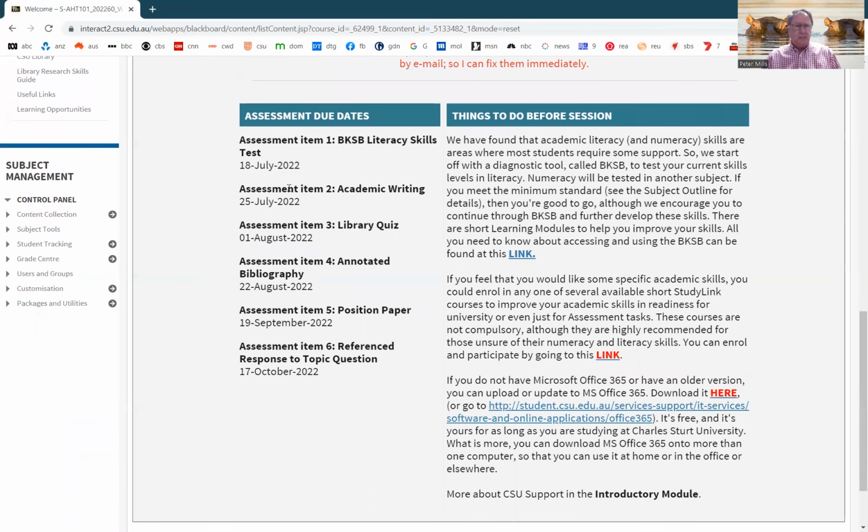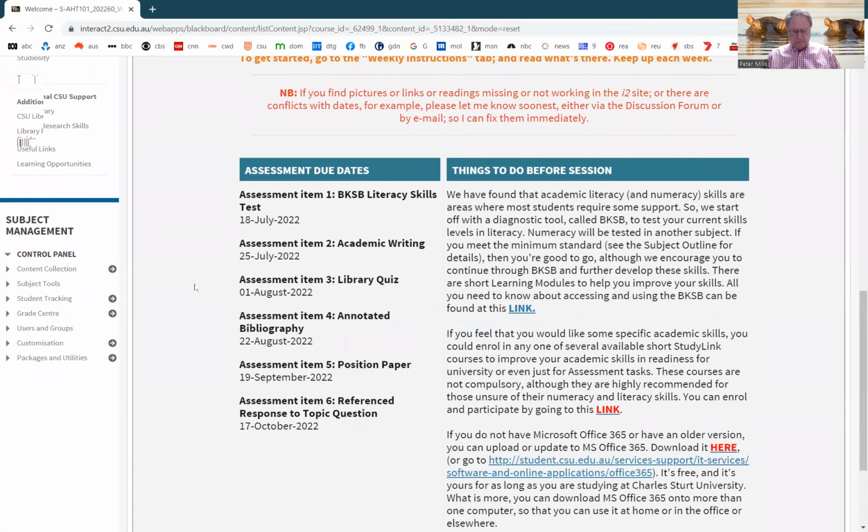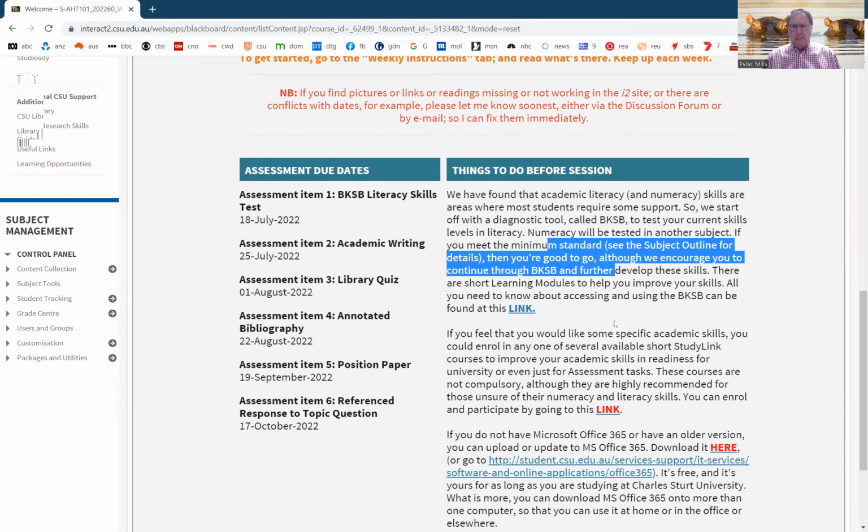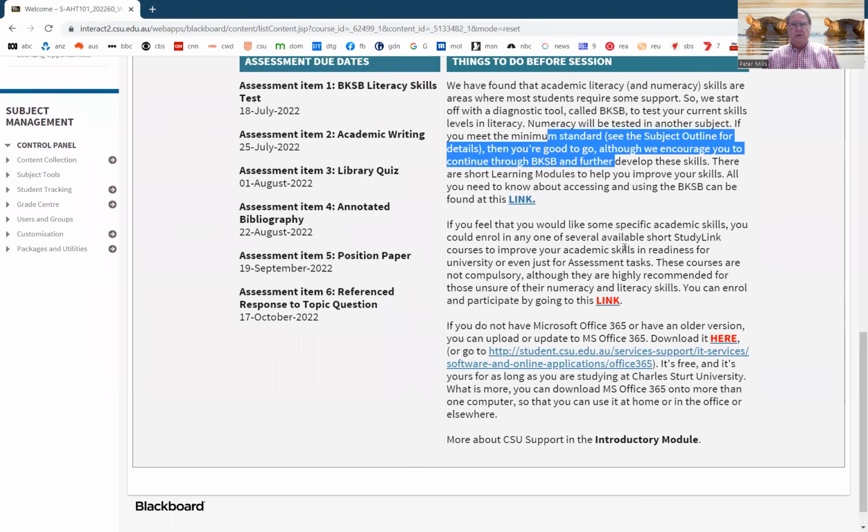Also on the welcome page, just for your convenience, I've put the assessment items that are due and their due dates. So have a good look at those. There's a little bit more information about assessment item number 1, in fact, and you can read about that there. What is important is that while you're a student, you do have free access to Microsoft Office 365, and there are links here for you to be able to download that,